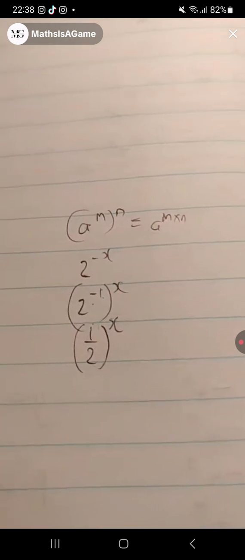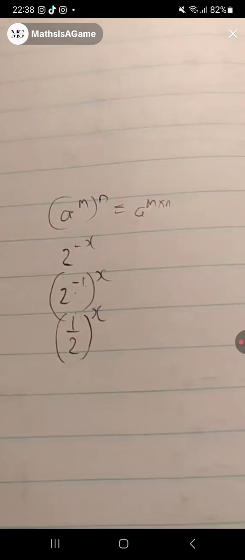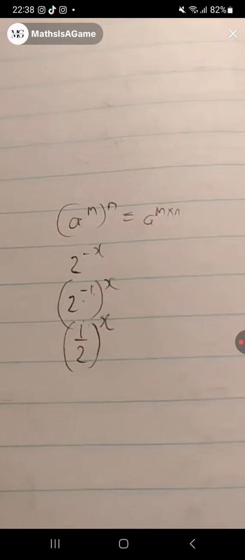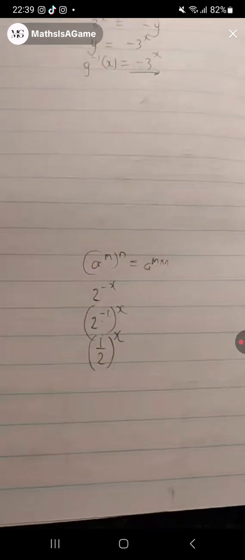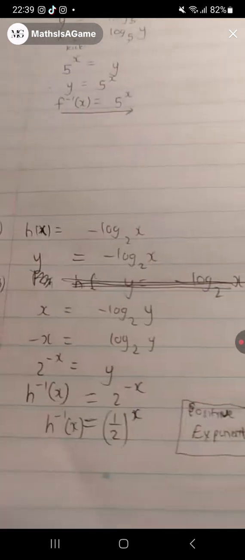Okay, I hope you understand that they are the same. That's what you should have said, Precious. 2 to the power negative x can be written as 1 over 2 to the power x. They are the same. Yeah, not they are inverses, they are the same. So please guys, I'm busy with grade 11 with exponents. It seems like you guys will also need some exponential revision. Why does it feel like you are going to need it? Because it is when those exponents are solid that you won't have any misconception with the answer. Okay, it will be clear.